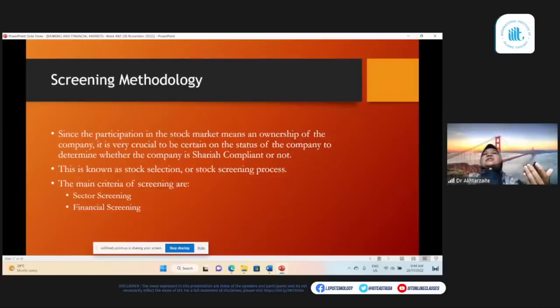We look into the financial screening of the company, right? Remember, we have the issue of bay' al-dayn and bay' al-sarf, right? So if the company has cash, when we sell the shares, we are actually selling partially cash. So therefore, we must sell